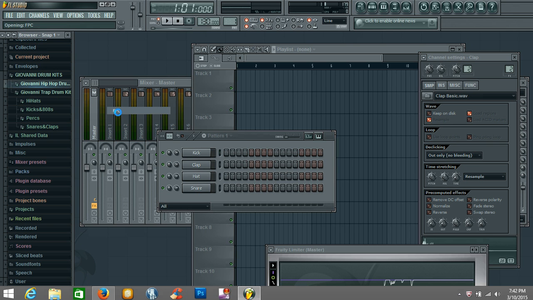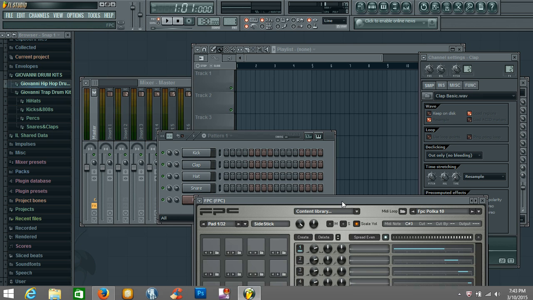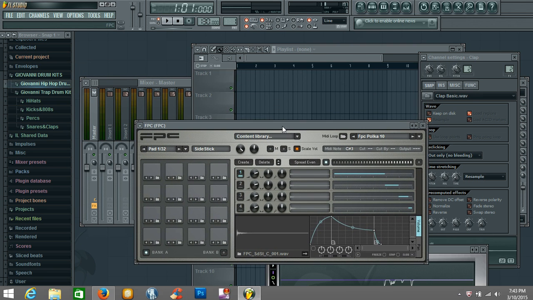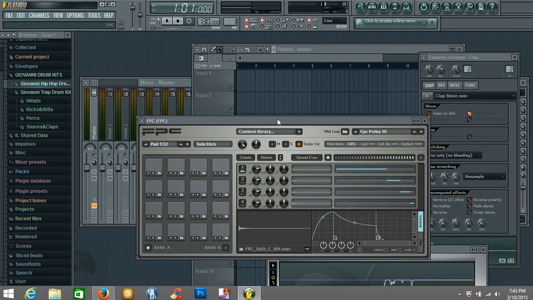Now I know this FPC, a lot of people know what it is already. I'm not here to preach to the choir or anything like that, but this is something that I actually just learned about in FL Studio, and I've been using FL Studio off and on for years. And so I knew about the FPC player. Obviously, it's always there when you look in your channels. But I never took the time to learn how to use it